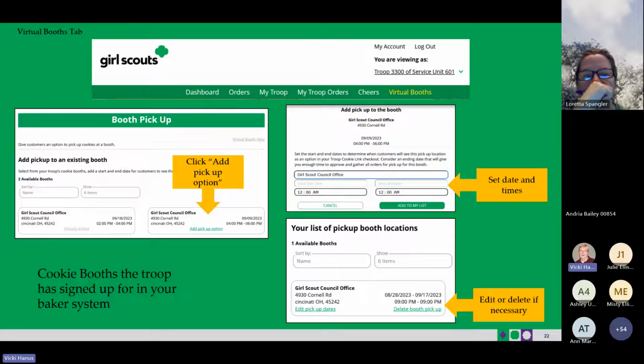You might want to consider ending that option 12 to 24 hours before your actual booth sale so that you have time to review and approve those orders and get them packed and ready to go. If you have concerns about inventory for pickup orders, consider ending the option even earlier so you can secure the necessary product for the orders. If you need to edit or delete your pickup locations, you can view your list of pickup locations and edit or delete them. One important note, if you cancel a booth in the Baker system or in ABC Smart Cookies,